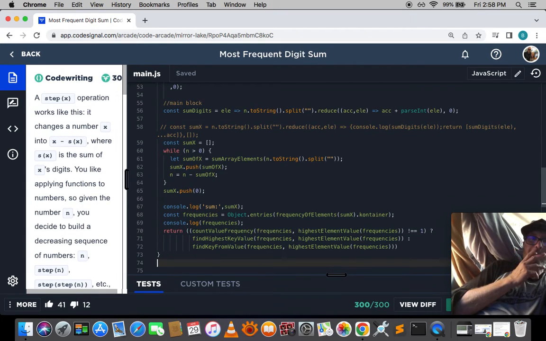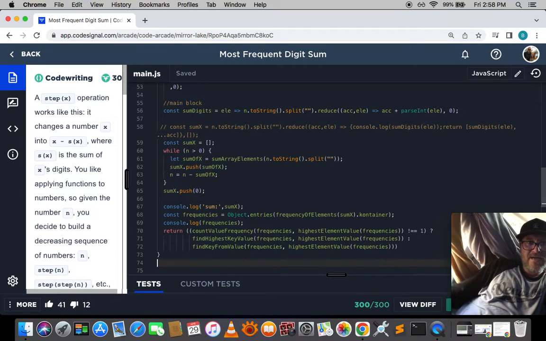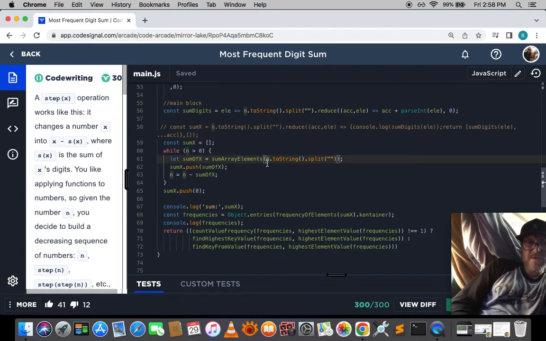And then this loop goes through, and it creates an empty array, and while the number is greater than 0, it sums the elements, right? Yeah, so then you're going to get the sum of